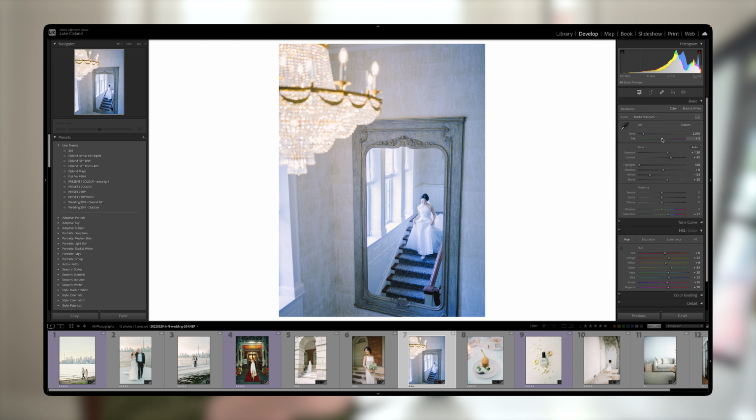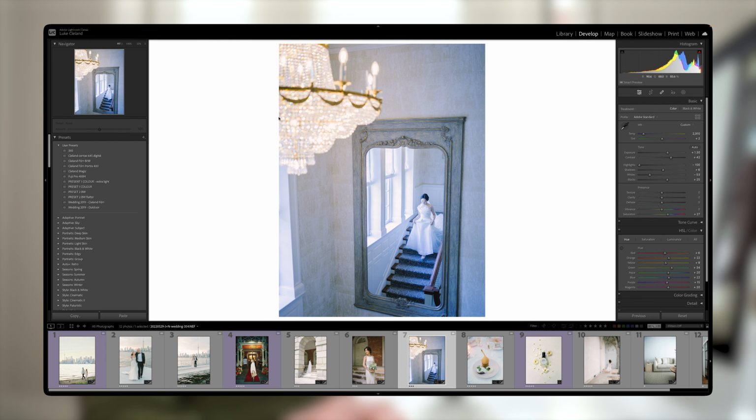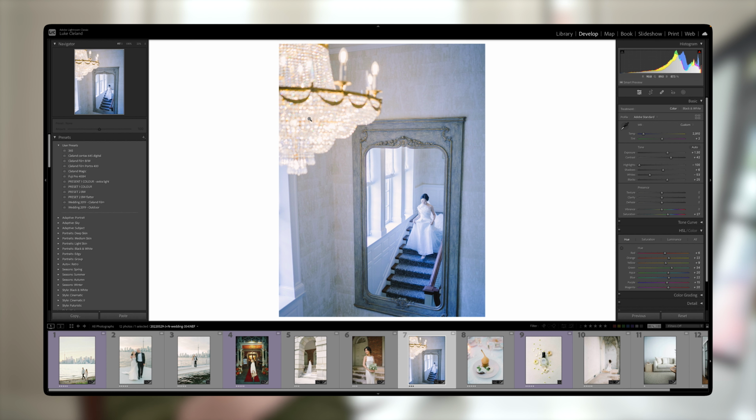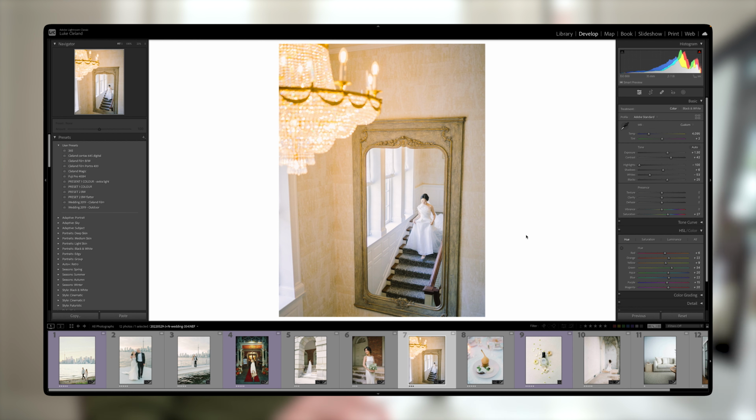The reason I did this was I brought down the white balance of the whole image in order to start with the chandelier where I wanted it to start. And then I built everything up after that. So just to make it less confusing, this would be the normal white balance look for her dress. And then you can see how yellow this chandelier is. And you're like, what are you supposed to do in this scenario? That's when I used tons of these masks